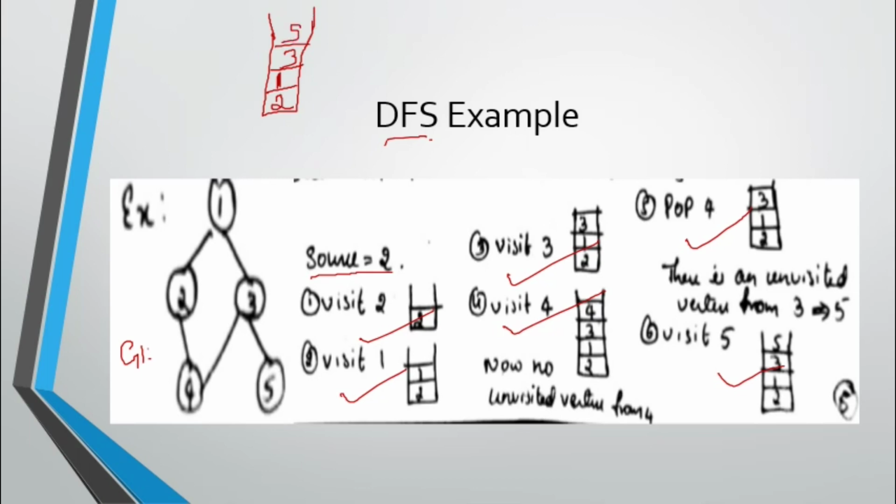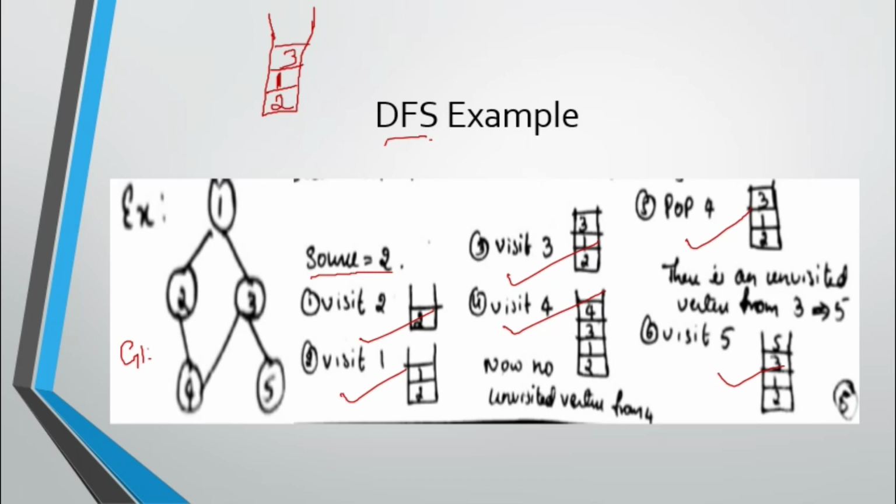Now all the vertices have been visited, and we can see it. But how does the computer algorithm come to know when it has to stop? It will again see the stack. From the 5, it has only 3 in its adjacency list and it is visited. So remove the 5 from the stack.